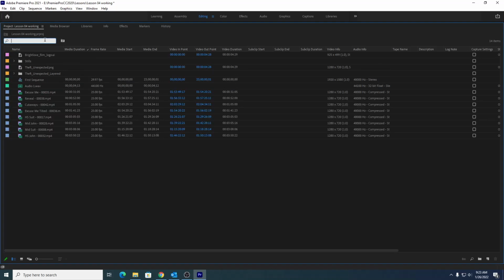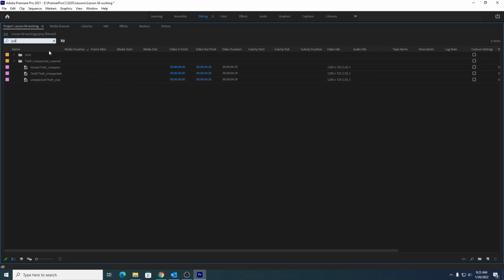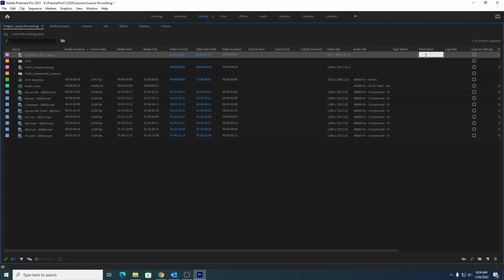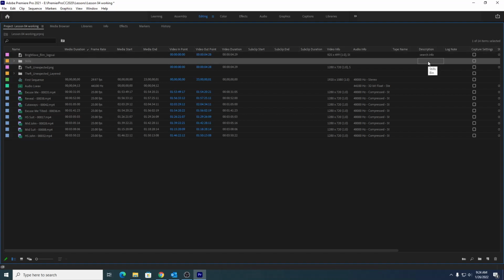The book is also wanting us to search by PSD. Notice that it gives us a new search results. It will stay confined like this until you click the X to remove the filtered options. You can also put in searchable content. So if you come over here to the description column, you notice that there is nothing here right now. However, I can come and click in this box and I can add search info, anything that I'd like as far as notes. I could also put,